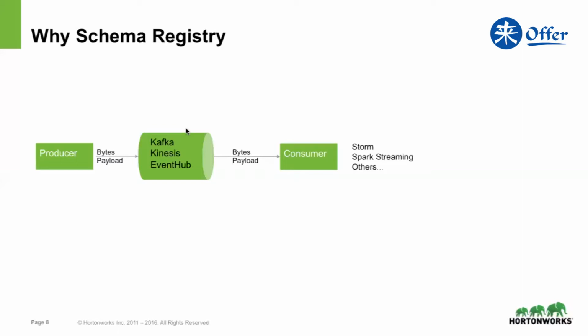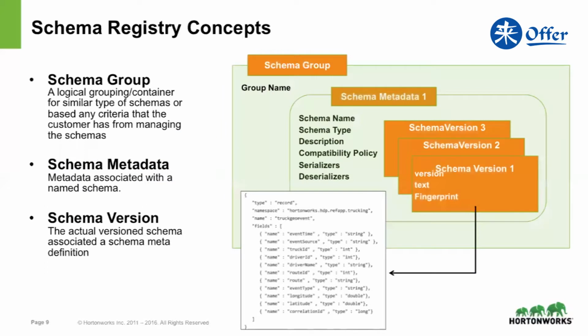So that's where the schema registry comes into play, right? As you see, there's a producer, like you as a user generating data on Twitter or Amazon, and the consumer is me, who is writing a streaming application to consume the data. Right now it's entirely translated into bytes, which, unless we go and talk to each other, we don't know. So what we are trying to do with the schema registry is